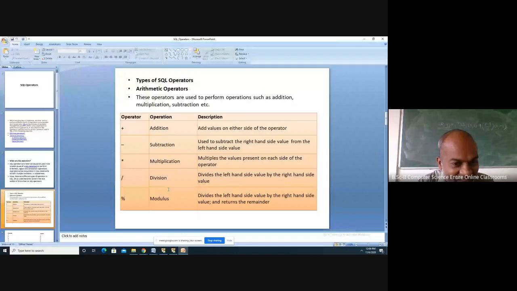Okay. So we can perform operations on data which is present in a database and we can get that data in our application, and these are